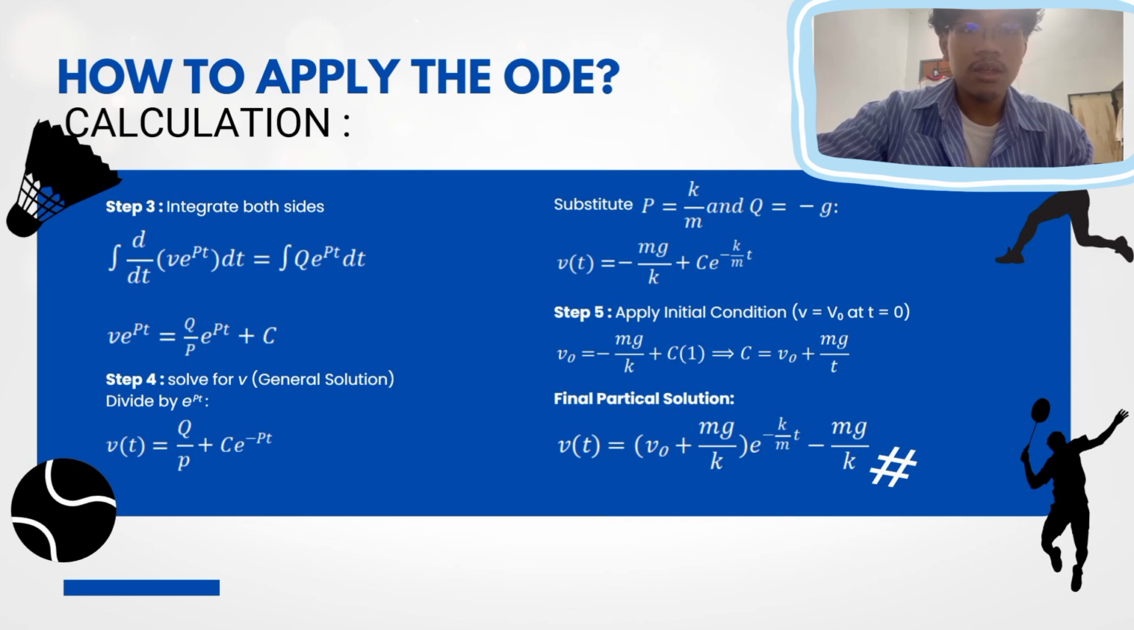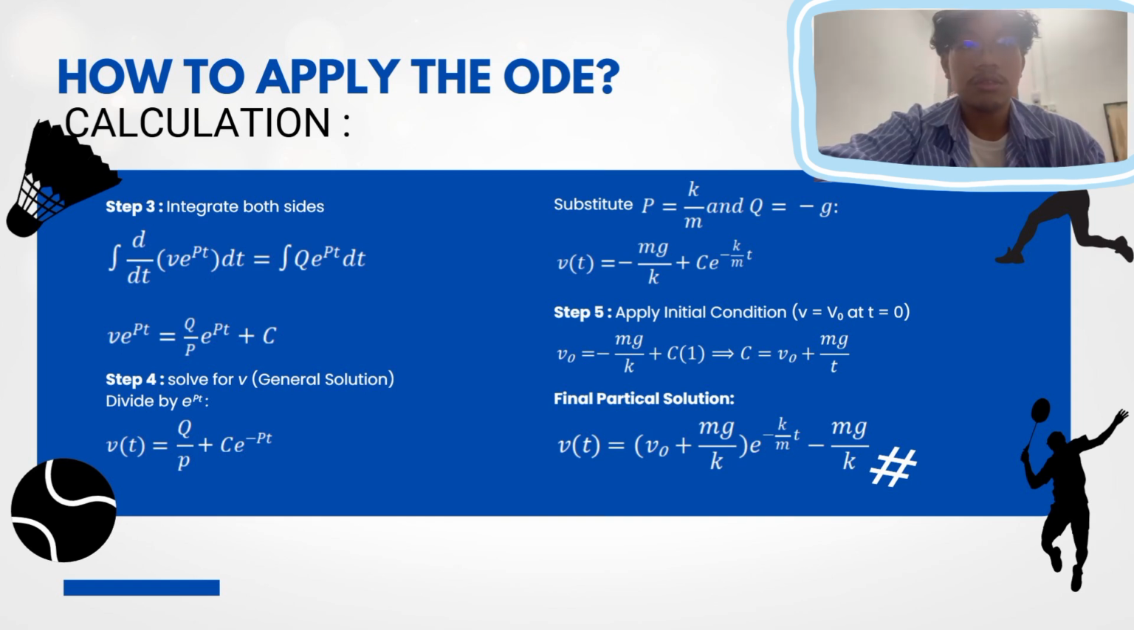So we divide by e to the power of pt. So we get v over t, v multiplied by t, which is equal to q over p plus c e to the power of negative pt. Okay, so we substitute p, which is equal to k over m, and q is equal to negative g. So we get v multiplied by t is equal to negative mg over k plus c e to the power of negative k per m